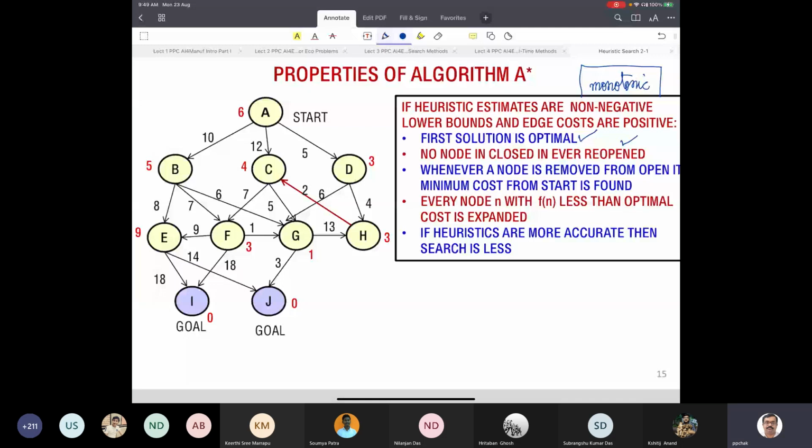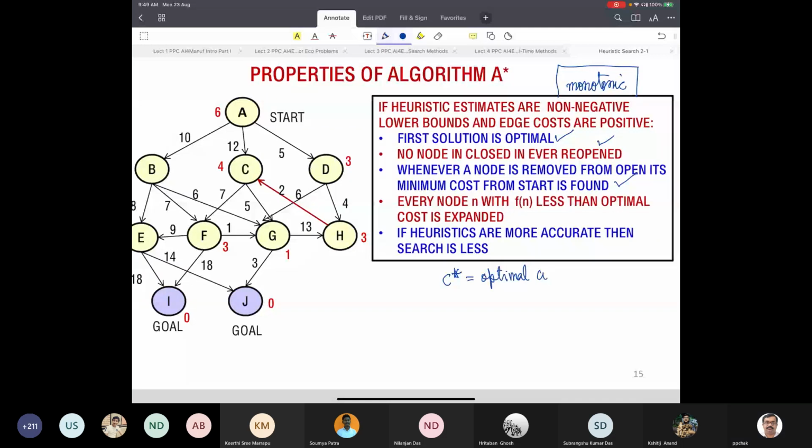And if that is the case, then if C star is the optimal cost from S, it is F star of S, and if C star is the same as F star of S, then what can we say about every node